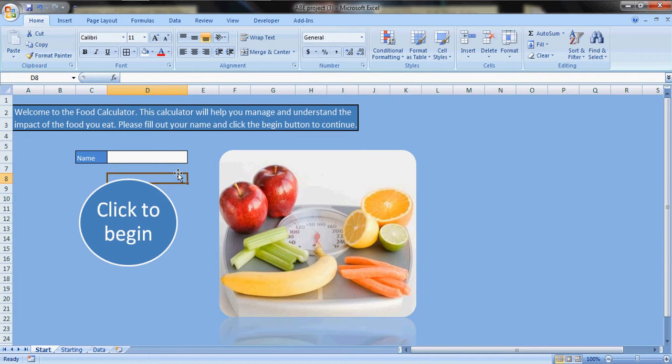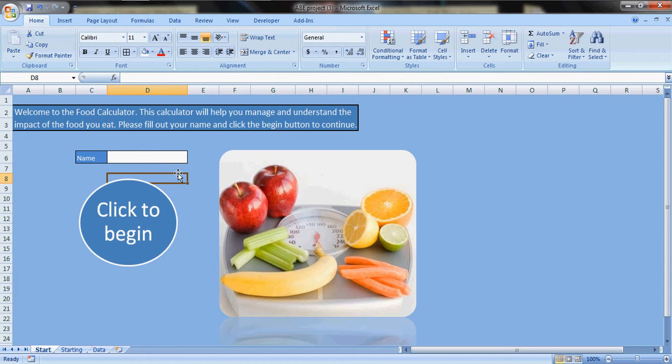So the purpose of this project is to give you some nutritional information of the food you ate that day. It also will give you some information such as body mass index. I'm going to pass it on to Crystal, who will be explaining a little bit more about how the program